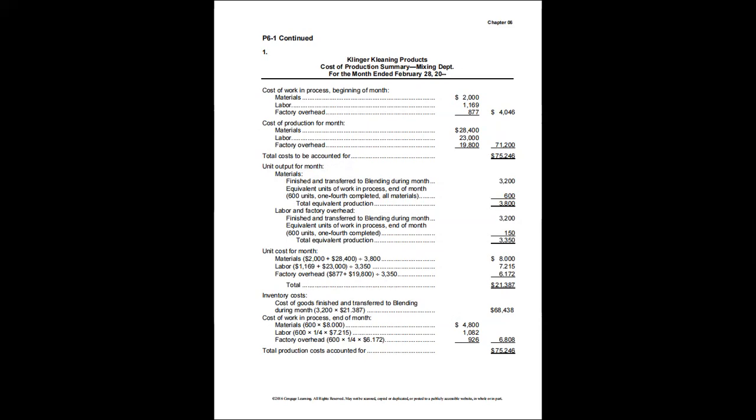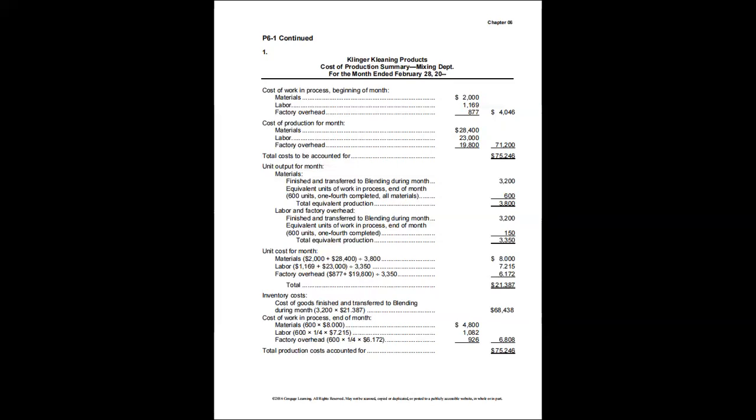And then the units in process at the end of the month, 600 units, 1/4 completed, all materials because materials are added at the beginning of the process. So the equivalent production for materials is 3,800. Then for labor and factory overhead, again is 3,200, and we have now the units